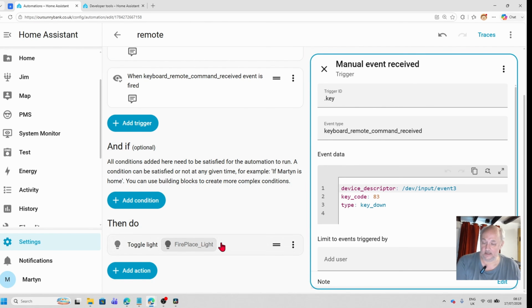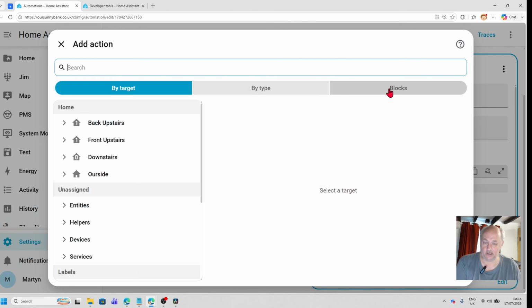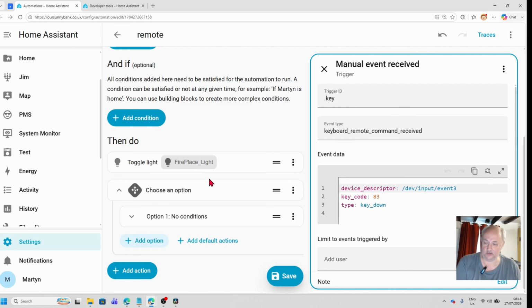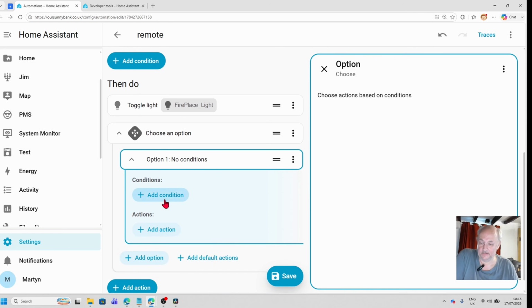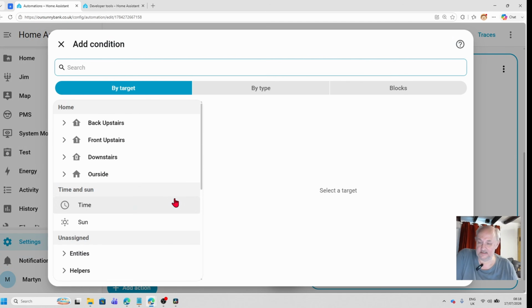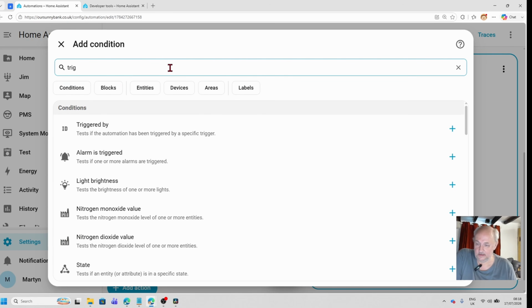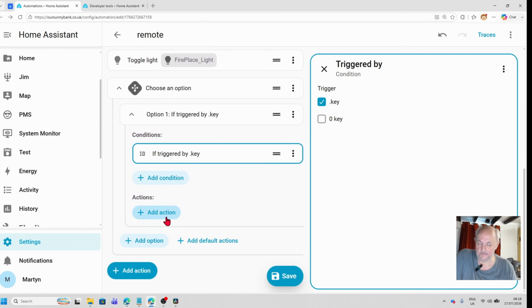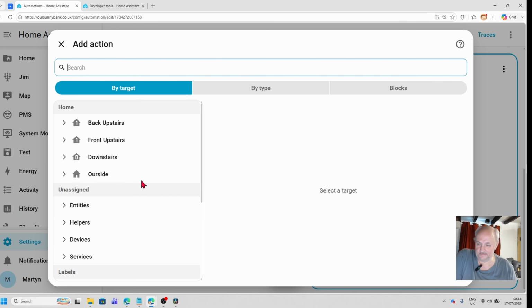Okay, so in our actions, we need to put some blocks. So we're going to need to put choose, so which way we're going to go. And the options we're going to choose, the first condition is going to be triggered by, and triggered by the full stop key. Add an action,